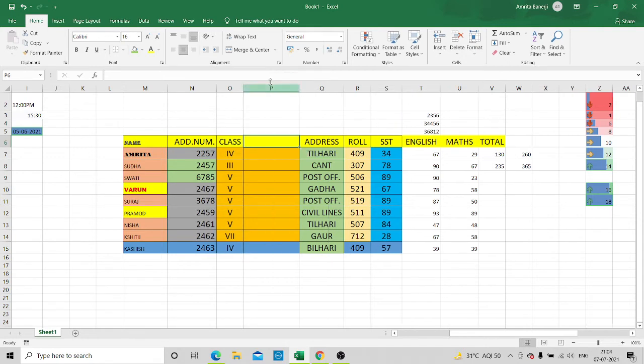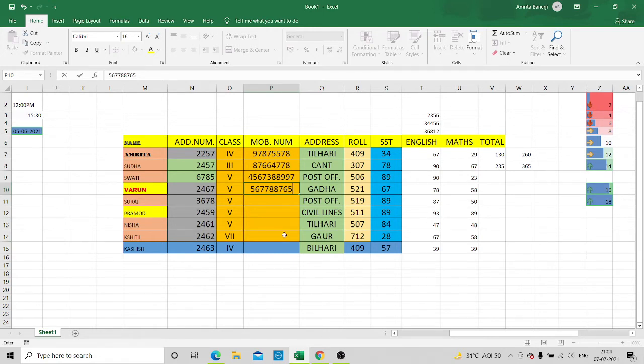I will just increase the width because I need a mobile number. So I have written mobile number. Now I can enter any mobile number for different students. This way, children, a new column can be added in a given Excel sheet. Hope you all have understood these features, children. These are all very helpful whenever we are creating some required, presentable document. So all these features are supported in Excel.